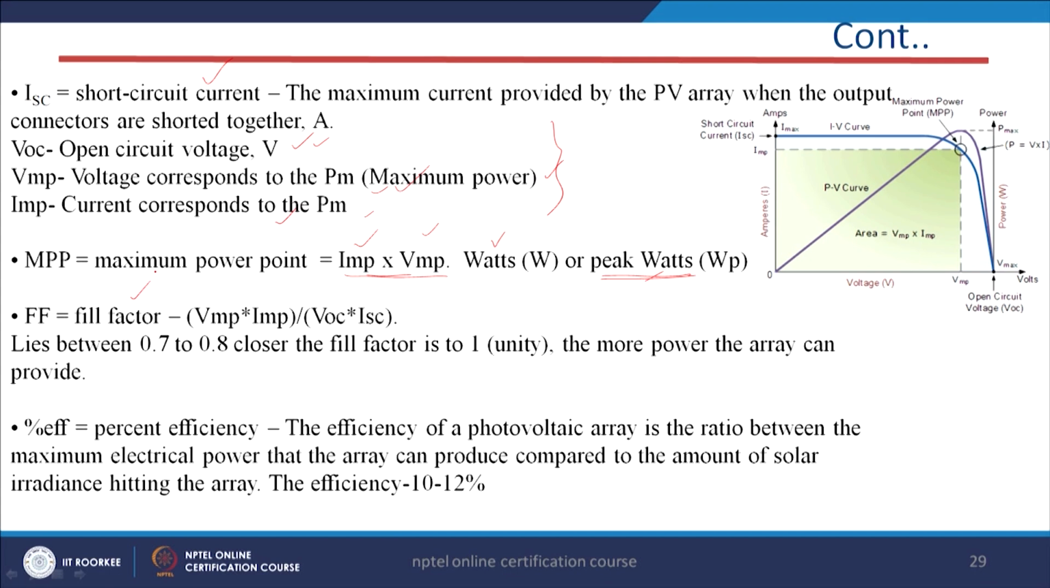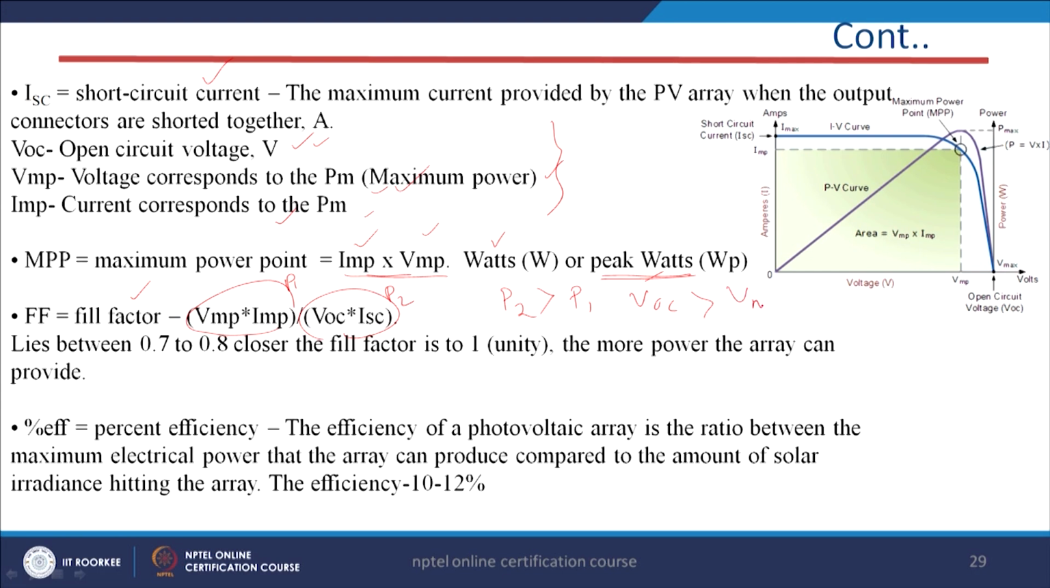And what is this fill factor? The fill factor is the ratio of two powers. This is power P1 and this is P2. The P1 is the multiplication of V max P and I max P, and P2 is VOC into I short circuit. Remember, always this P2 is greater than P1, and obviously this VOC, the open circuit voltage of the solar cell,